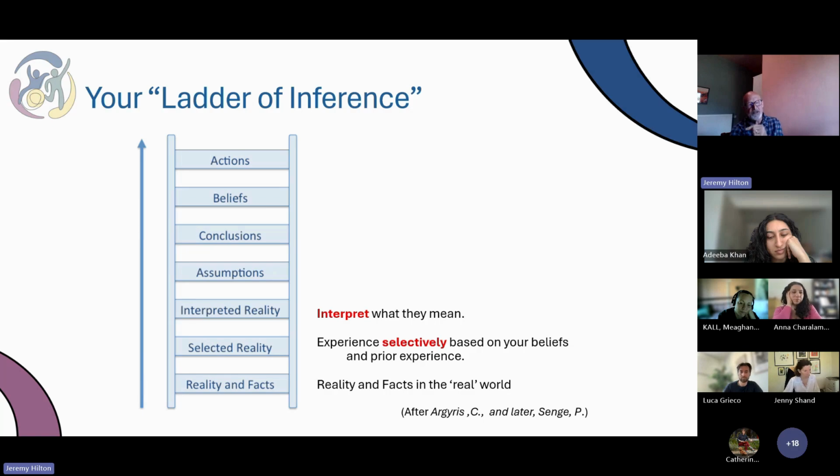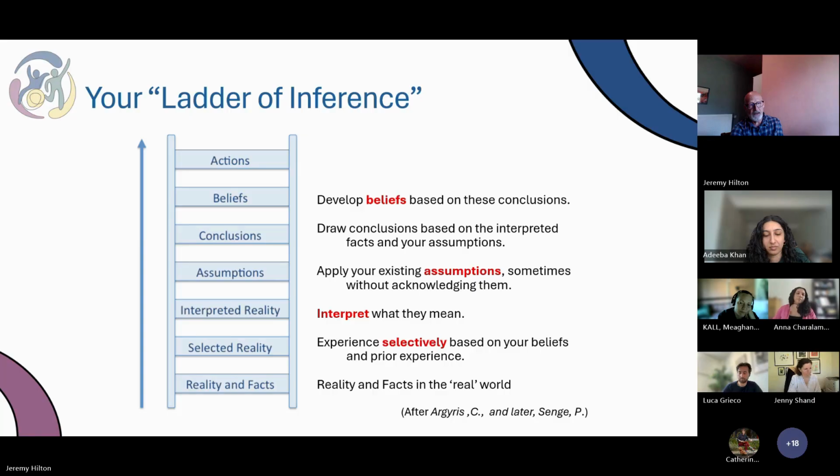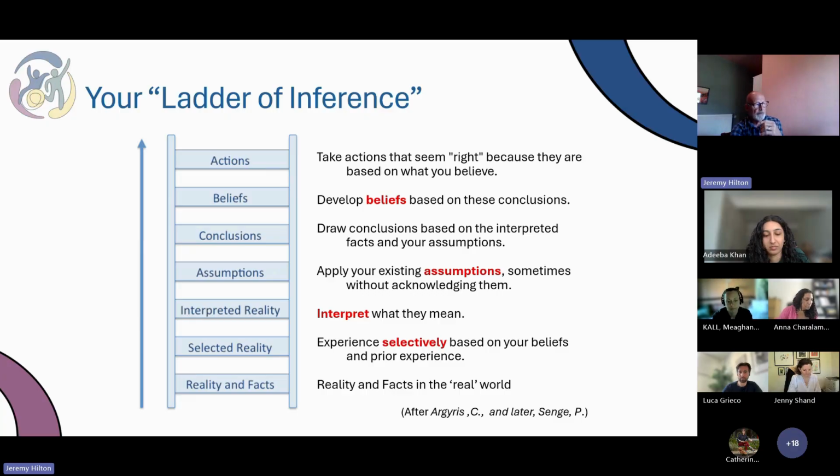And we then interpret what it means of those bits that we select based upon our assumptions, because we just apply them automatically, often without actually acknowledging what our assumptions are. And we draw conclusions on those. And we develop beliefs based on those, and we take actions that seem right because they're based on what we believe. So this is often when you are talking with someone, they come at a completely different point of view,